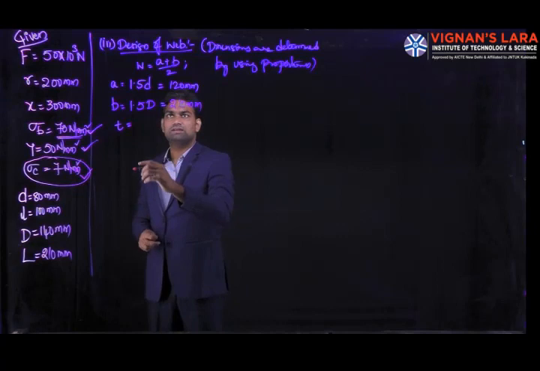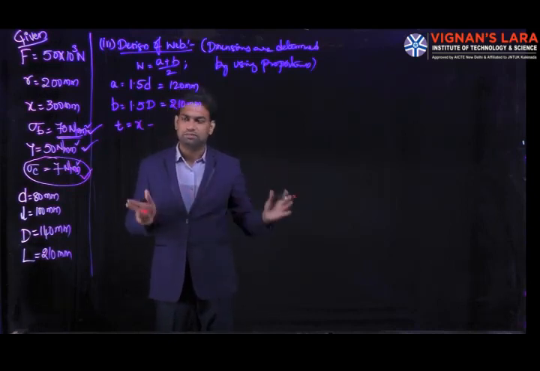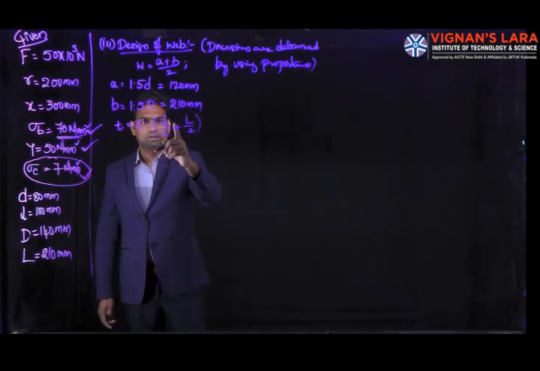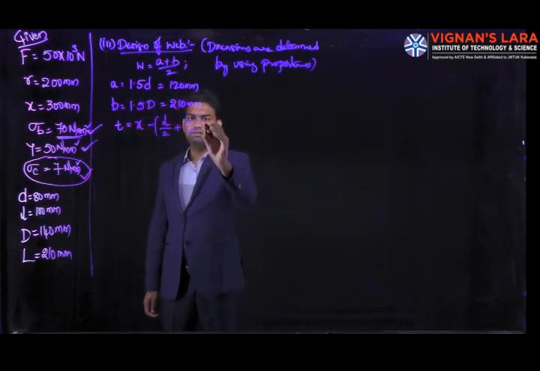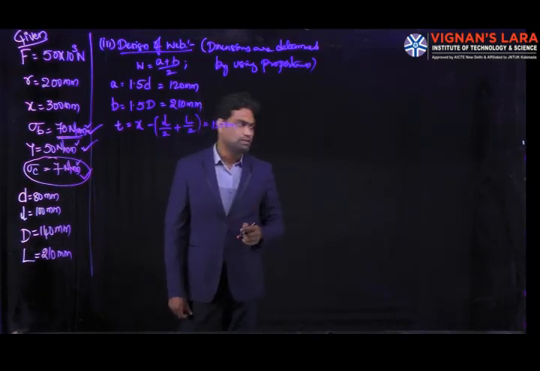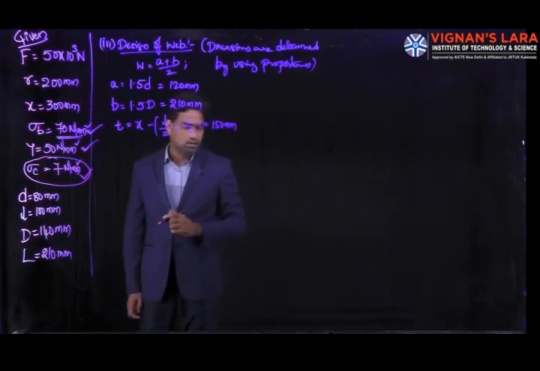And the thickness can be found from the figure. x is the total distance between the supports, x equals L by 2 plus capital L by 2. So x is 300 mm, and L we know. By substituting all the values, we may get around 150 mm or 180 mm, so please check these values. That is small t, so 150 mm for that value.